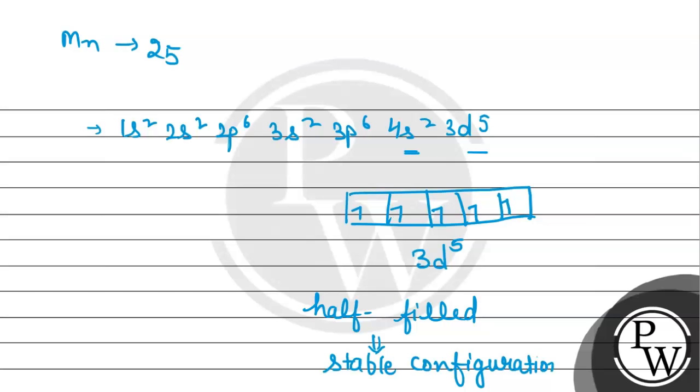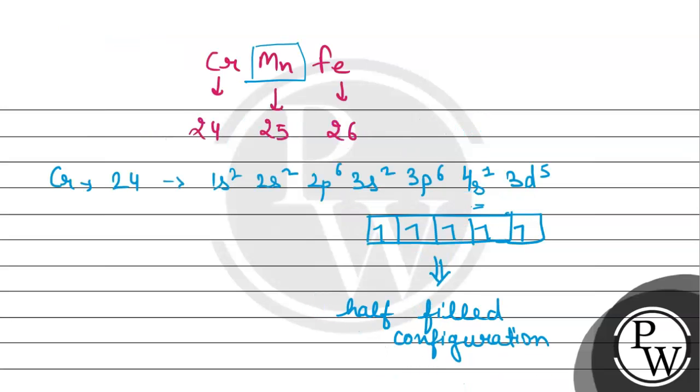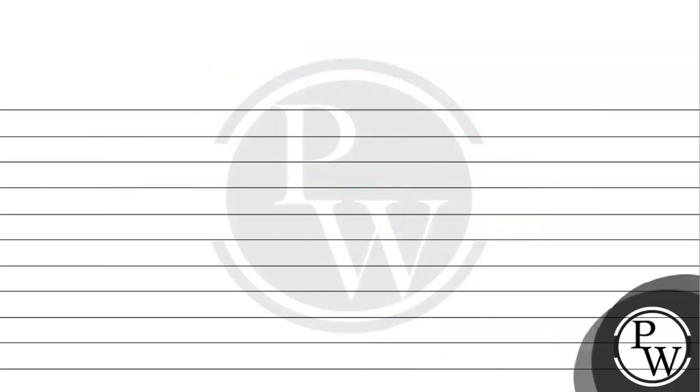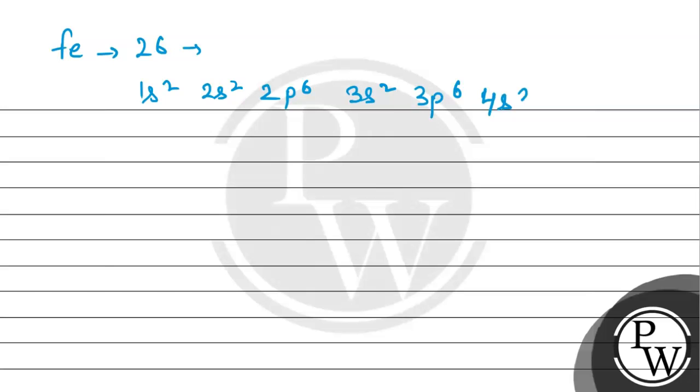And the electron that comes will not be accommodated easily. So manganese has less electron affinity as compared to chromium, and for iron, the electronic configuration we will write: atomic number is 26 and the number of electrons are 26, 1s2, 2s2, 2p6, 3s2, 3p6, 4s2,